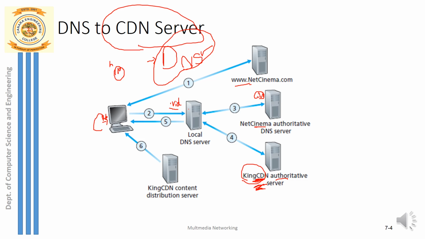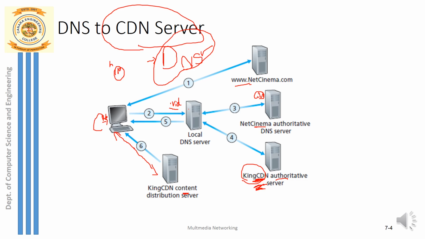Once the local DNS server gets the address of the actual King CDN server where the video file is residing, that will be redirected to the requested client. Now with the help of that address, the client will be able to establish a TCP connection with the King CDN server where the requested video file is residing, and from there the download begins. The client can watch the video online or download the video and do whatever he wants.